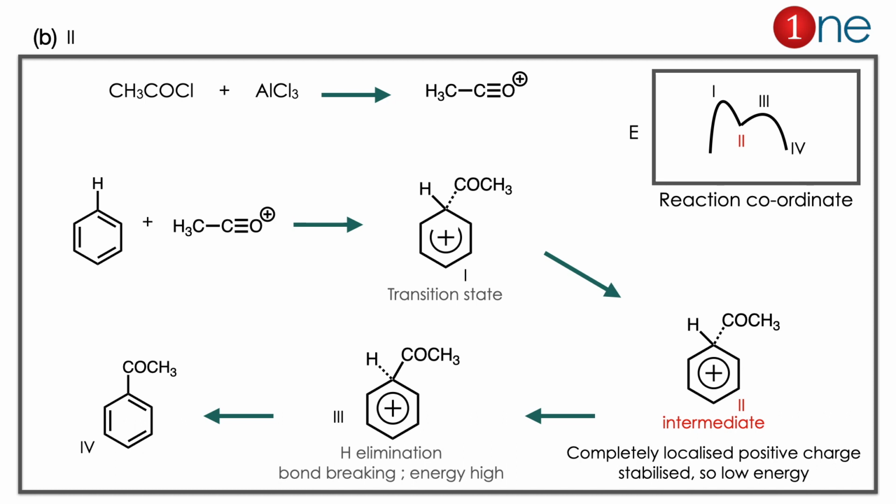The third one will be higher because we are breaking the bond. So the fourth one will obviously be the product, which is the ground state. So really the competition is between 2 and 3 for the answer. But 2 is our answer because we are stabilizing the system, so the energy will be low there. So the answer is clearly B, the energy state 2 there. Here the concept you have to learn is that an intermediate is always a stabilized one. It will always be lower in energy. Transition state is your imaginary state.